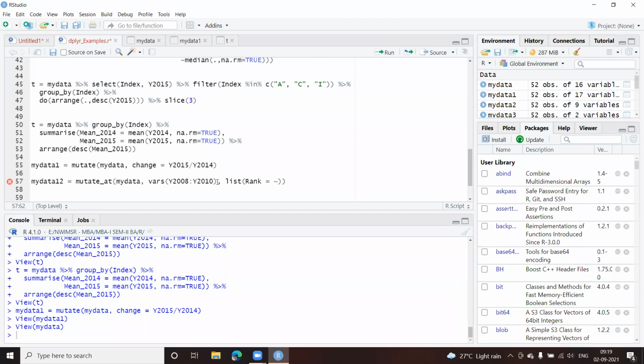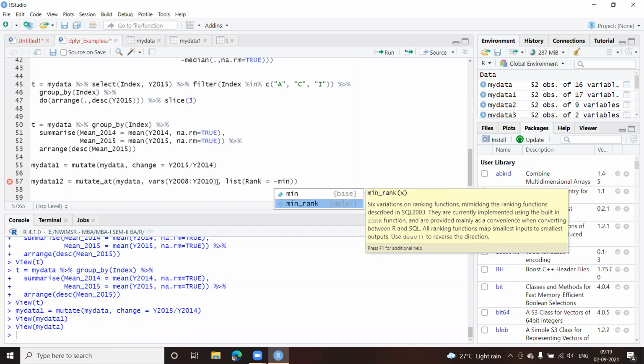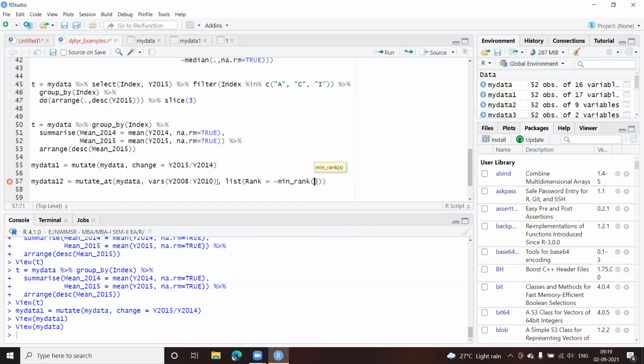The tilde sign is used for anonymous functions, so that we need not give the exact name of the function. I can give min_rank. This is the function which is going to help me calculate the ranking. So min_rank, and to give the value of x, if you remember last time we had given a dot, so I'll give a dot here.